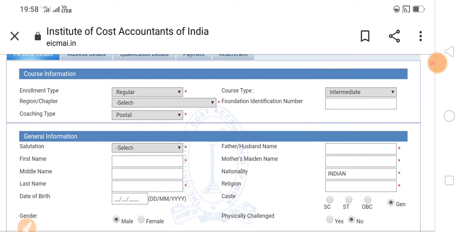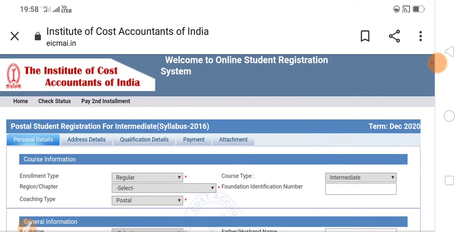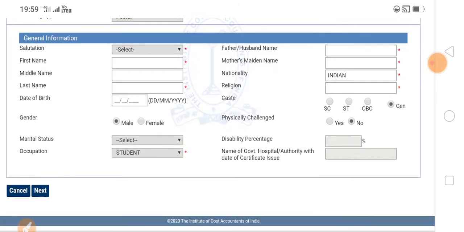Enter your last degree graduation number. It is mentioned here. That's it. Formality again, click next. In the address details, just copy your previous qualifications, address, and personal details. Then make the payment and attach documents, and your status will be checked on the website. So how to check this? In this video we discussed how to apply for registration for foundation, intermediate, or final; the procedure is the same for final also.